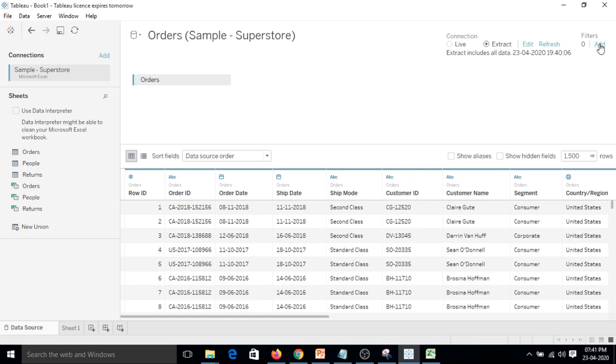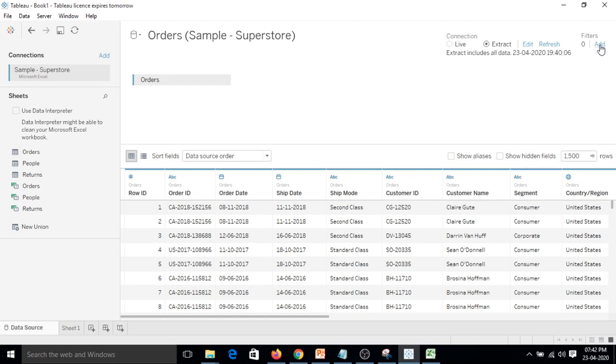Filters on the data source tab help us to reduce the data that we are going to use to create our visualizations. Suppose you are getting 10,000 rows and 50 columns, but eventually you want to use only specific rows with some conditions. So maybe your rows will be reduced from 10,000 to maybe 2,000 or 3,000 based on the condition.